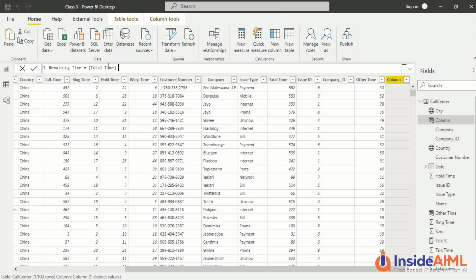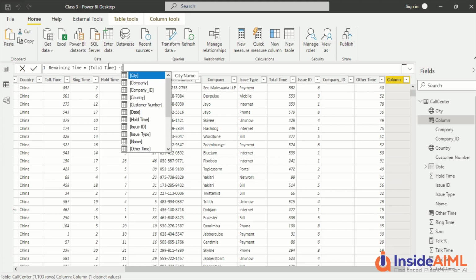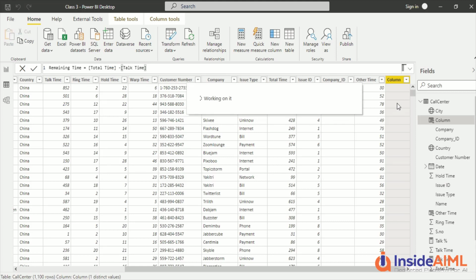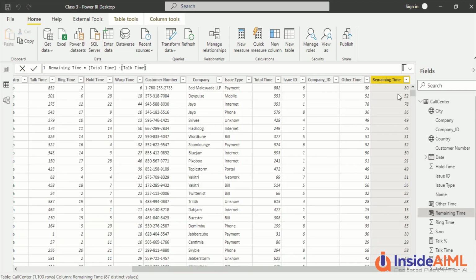Remember, you don't have to take the measure. Then minus talk time. Again, talk time not as the measure, talk time as a column. Both the columns we have got. It should show as a new column out here. Okay, so total time and talk time.